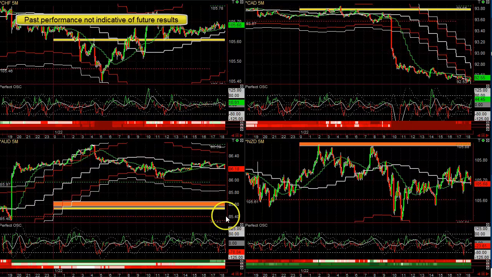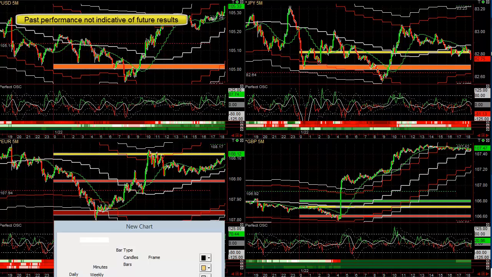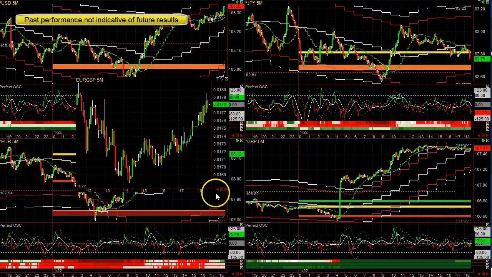Today's kind of an odd day, but probably 70 to 80% of the days price does not go through the 2.0 white containment band. But nonetheless, you basically just want to buy strong currencies versus weak currencies, and if the weak currency is on the top, like the euro, you want to sell it versus a currency that's strong. So around 5 o'clock, the euro is trending down, the pound gets strong. You want to sell the euro pound,